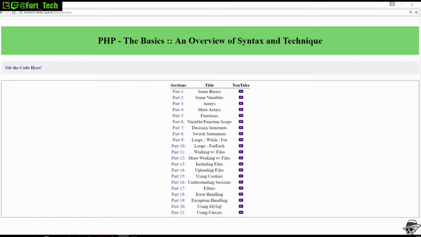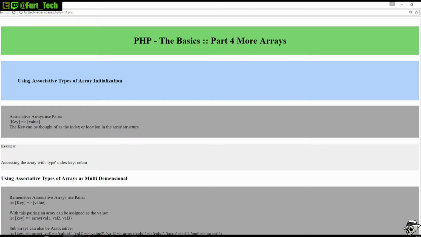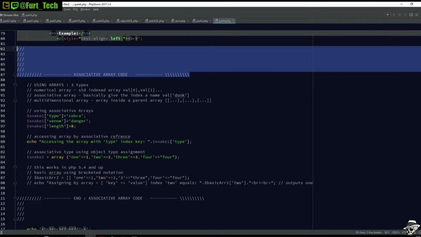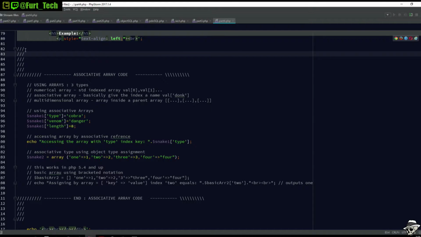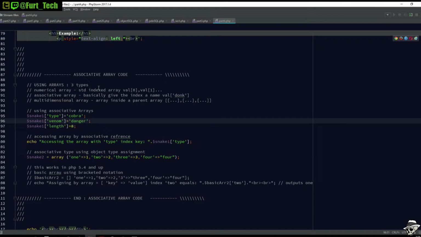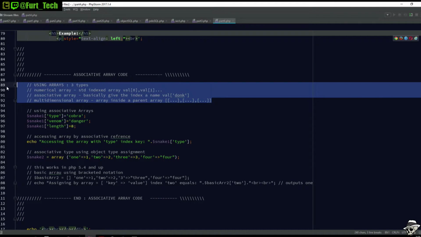Alright, go ahead and click on part 4, more arrays here, and take a look at our code. Remember, we're starting here with the associative array code in the little bracket that I've created here with the comments. As I stated in the first section, there are 3 general types of